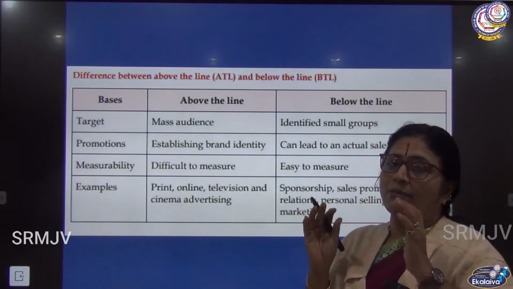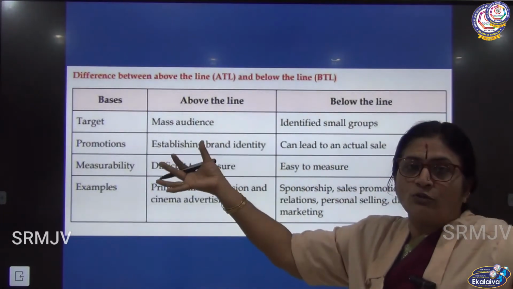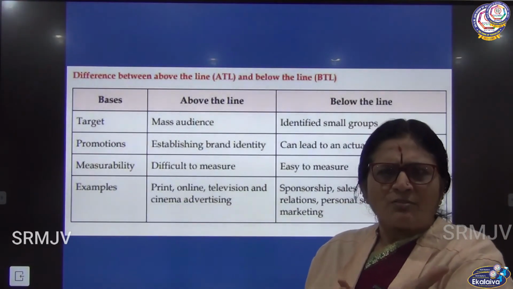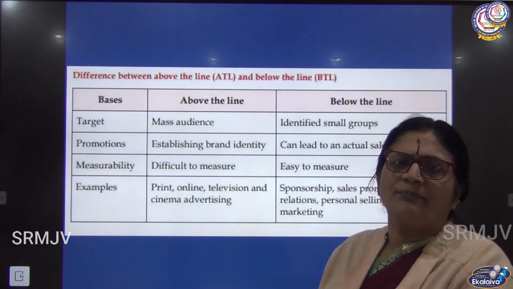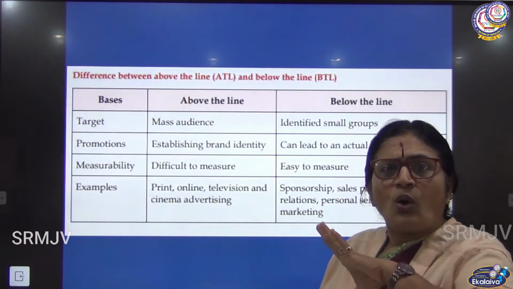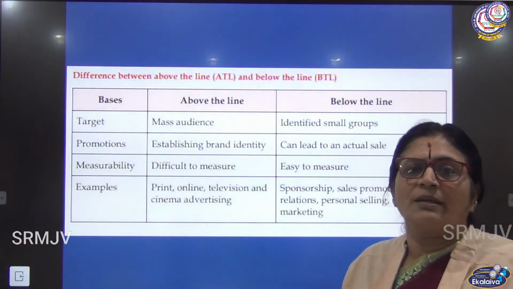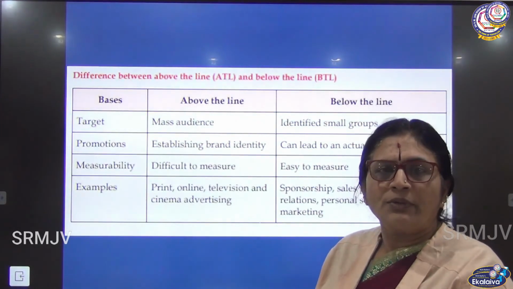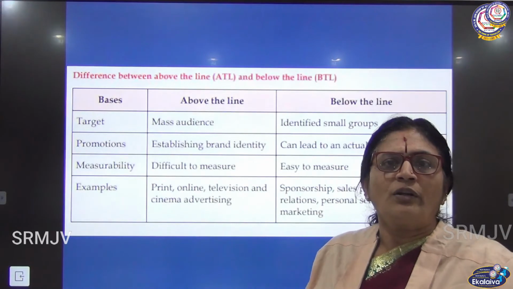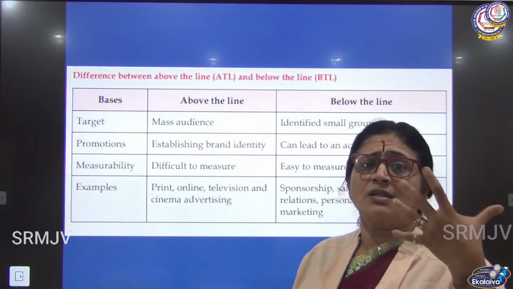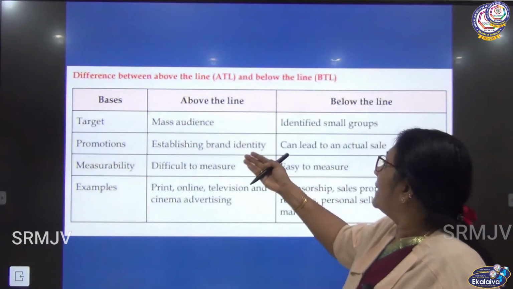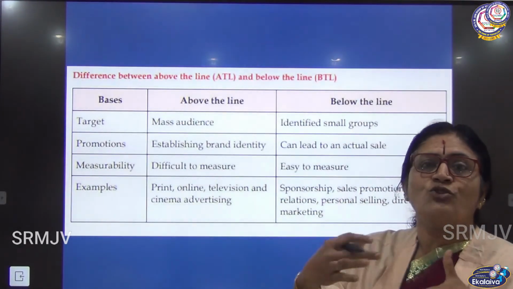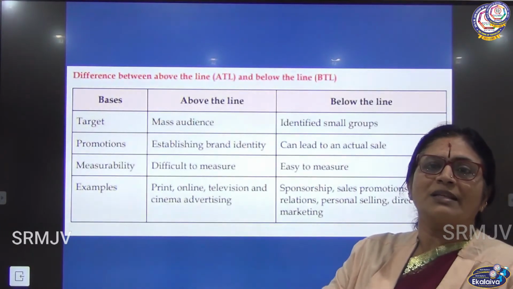Here you want to just establish a brand identity, so the whole world comes to know. See, McDonald's actually started somewhere in the US. It was a small outlet where they were selling burgers. Now McDonald's is there throughout the world. They've established their brand throughout. The same burger that you are getting in the US, you are able to eat in Chennai. Even in nooks and corners, you have so many franchises all around. How is it possible? Brand identity can lead to an actual sale, because you are having personal selling and sales promotion within the showroom. So directly you will be able to sell it very easily.